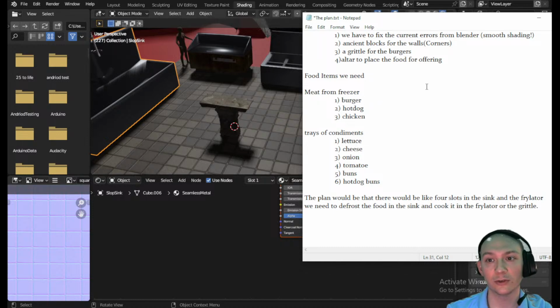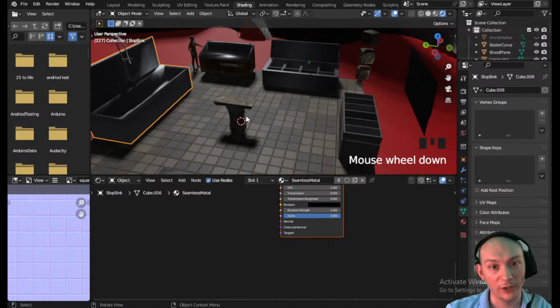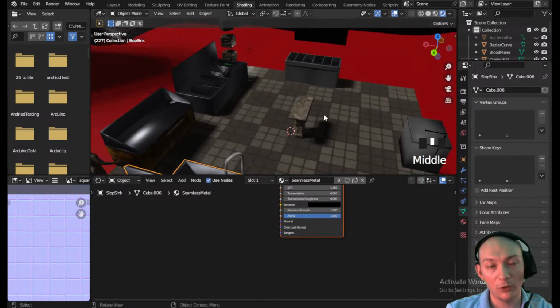So let's do that. Let me look up some references for those. Let's go pack of hot dogs. Let me get some images. You know what I'm going to do is just make a rectangle, and then, well, no, let's actually make it